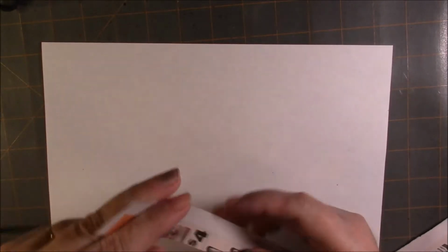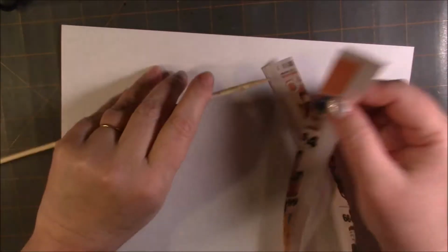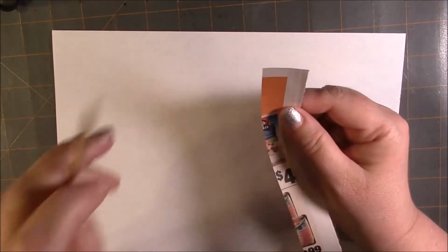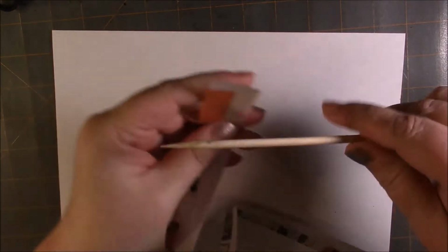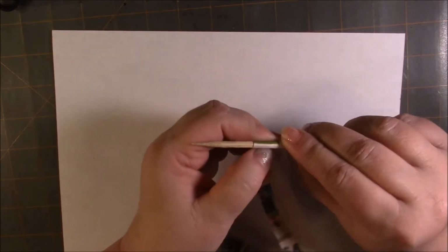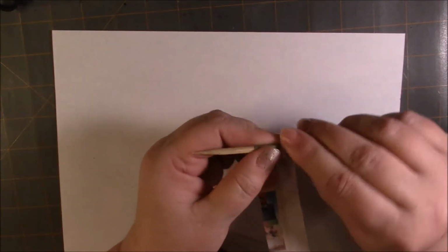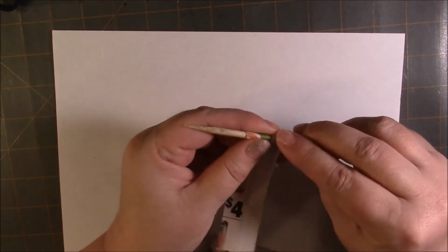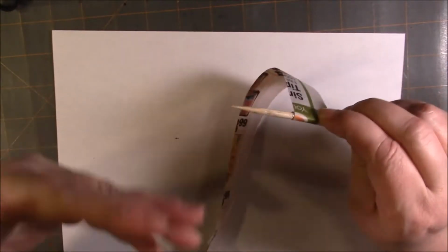If you haven't seen how to make a basic bead yet, you're going to want to go back and look at that video. I'll actually have the link for you in the info box below this video. And you might want to take a look at that one first so you can see what it is that I'm doing. And the reason I'm using newsprint is actually two reasons. It does really well with the glue, and it's paper, we're not wasting a pretty